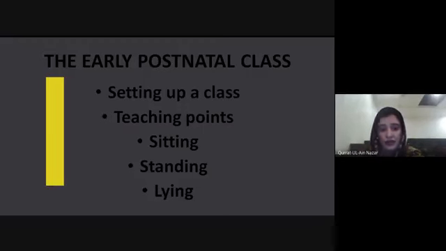In setting up of a class, currently it is virtually impossible to set up a class within the hospital setting. But there is no reason why this could not be achieved in the community. The postnatal woman actually requires input from the physiotherapist. It means that postnatal women need the help of a physiotherapist, the expert in human function, in order to return to normal functioning and enable her to manage her new life.